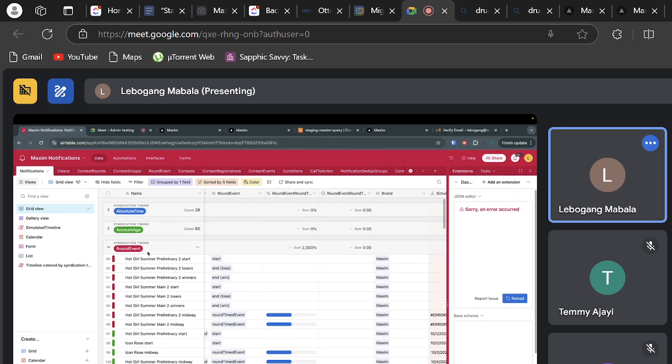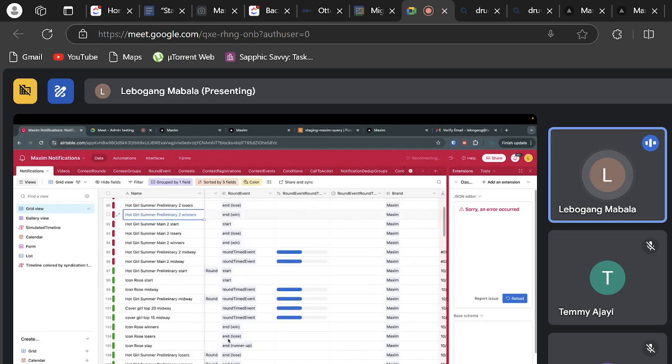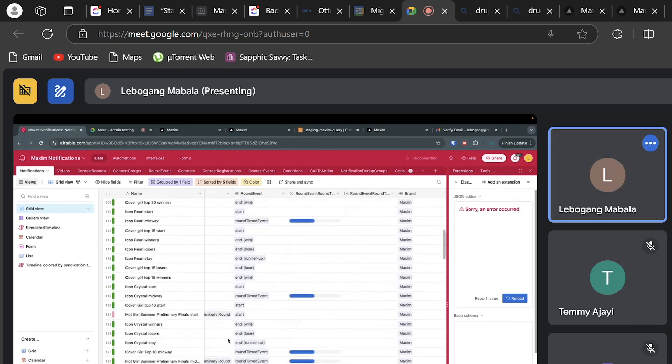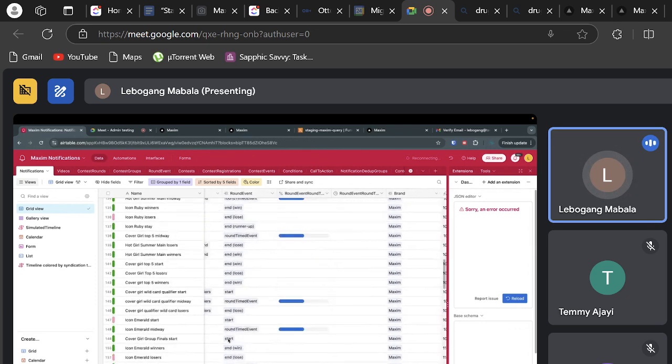You will get the notification when it starts, the notification when you lose, and the notification when you win. And then there's one which is all, which I think currently is not getting used.